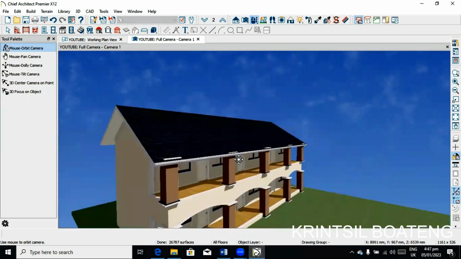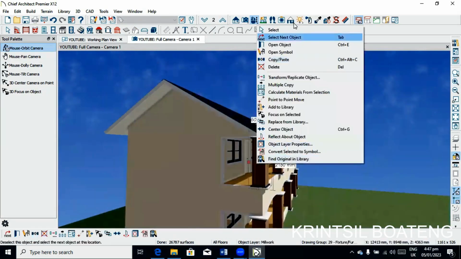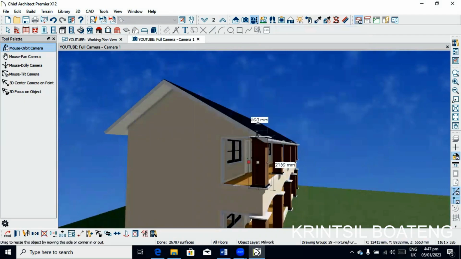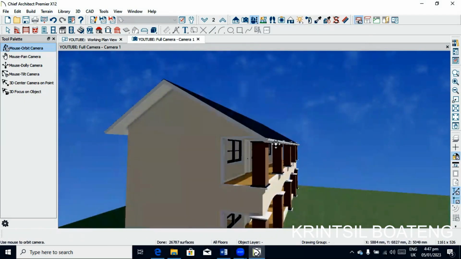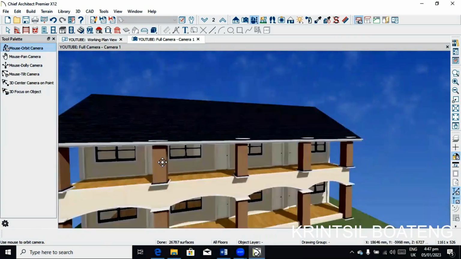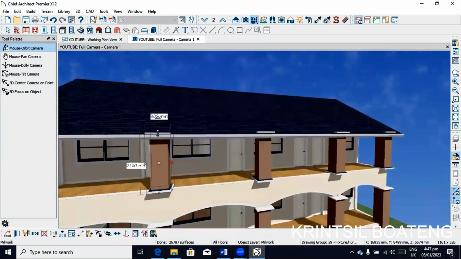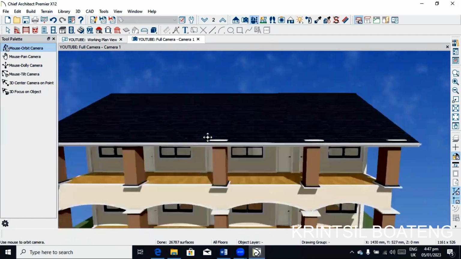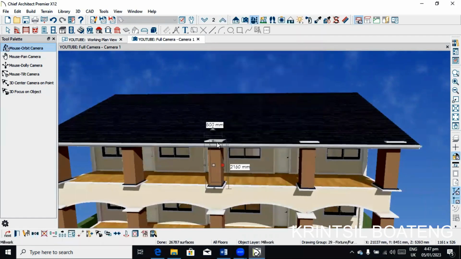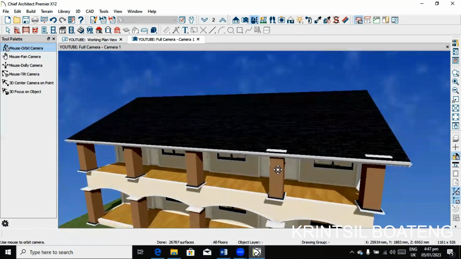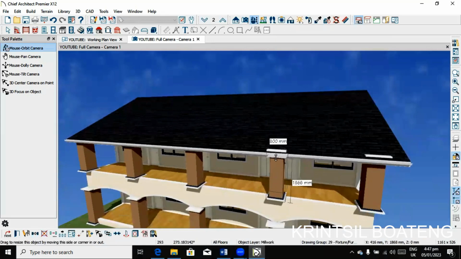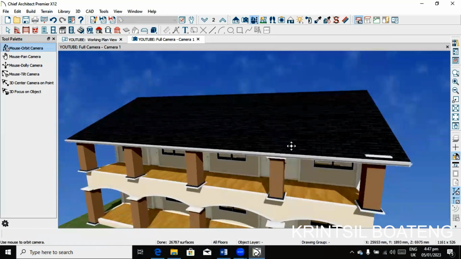Okay, so what I need to do is to just bring my column down so that I will not see it. So you can do it to this one. So you can just reshape it to suit any roof that you want to do, whether it's a gable roof, a flat roof, a curved roof, any of them that you want to do. So I will take my time and then take you through some types of roofs that you can do with it. So I'm just resizing it